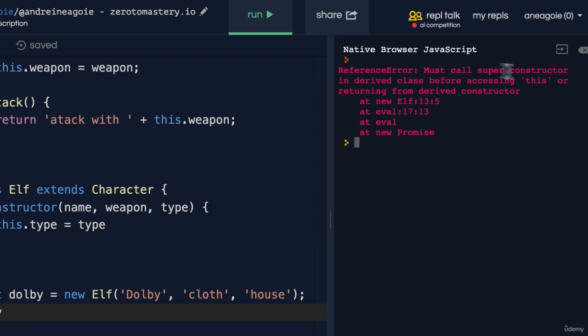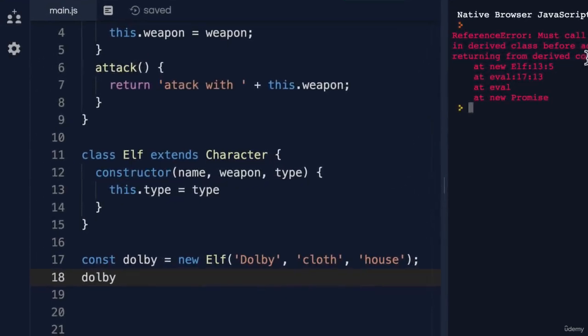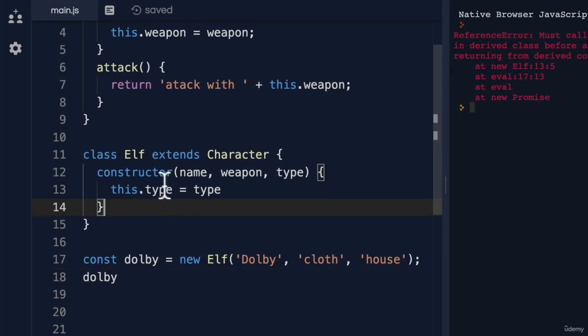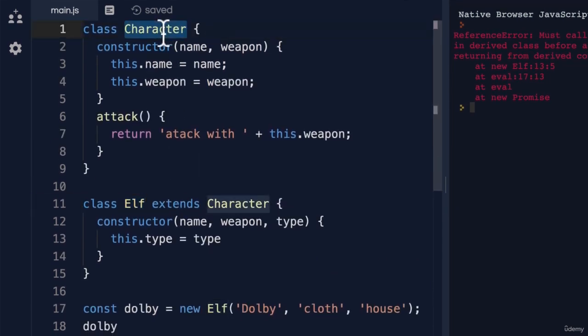Reference error. Must call super constructor in derived class before accessing this or returning from derived constructor. Does that make sense? Not really, right? I mean, that's a pretty confusing error message. What is it saying? In order for us to have our constructor and be able to use this and know what this is referring to, which is elf and not the character, because remember we have both name and weapon,